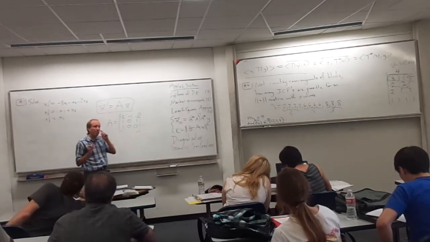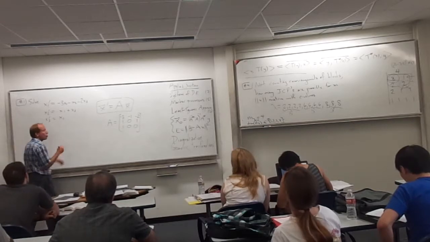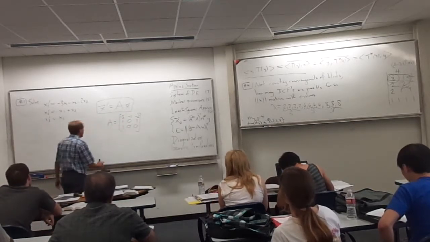Then the things that you need to really remember are that there's a Jordan canonical form for this matrix, which we call J. And what we do is